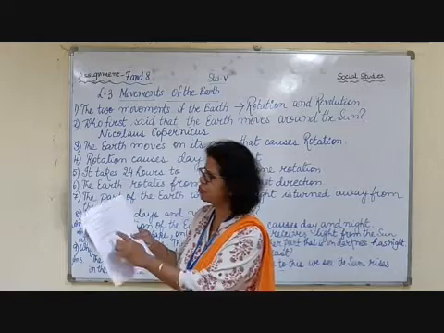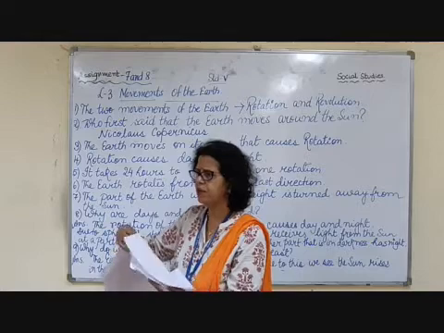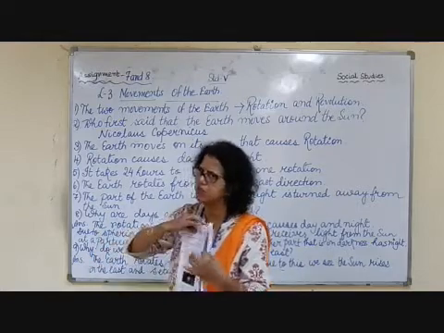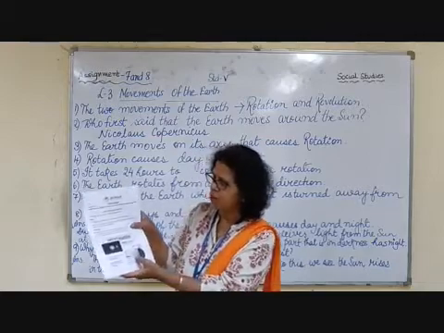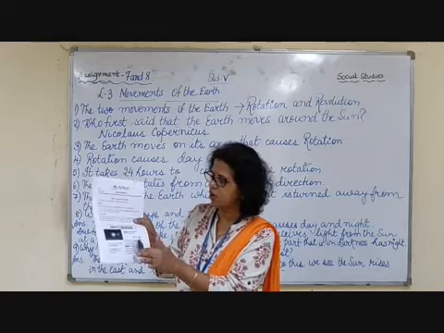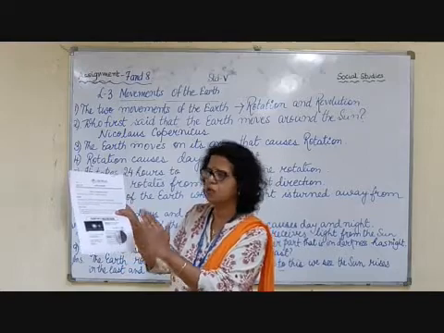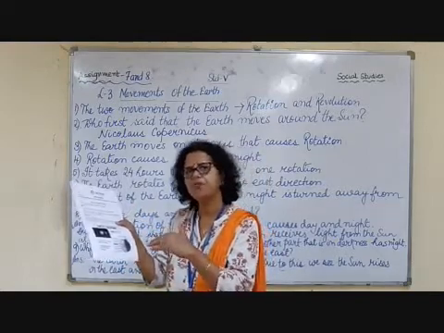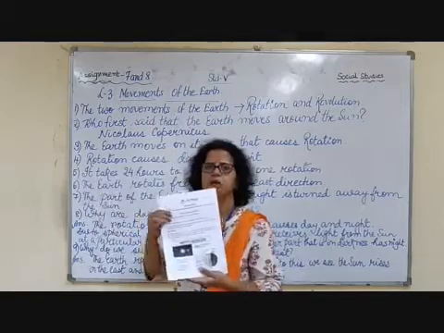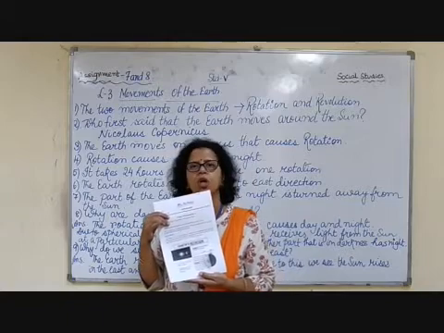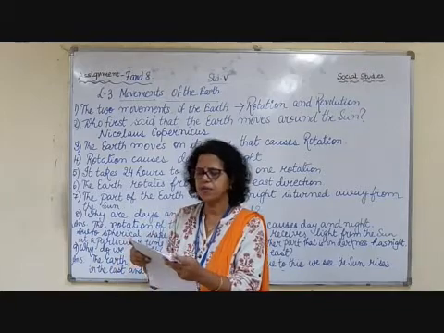Students, then I told you to draw the diagram of rotation of the earth. In your assignment, I have given the diagram. In your textbook, the diagram is given. I hope by now you have drawn many times the diagram of this rotation of the earth. Please draw a spherical figure, and then you draw the sun rays, and then you shade it, one half in darkness and one half lighted. Please draw the axis as it is given in your assignment, and in your textbook too you have the diagram of rotation. This is your 7th assignment.